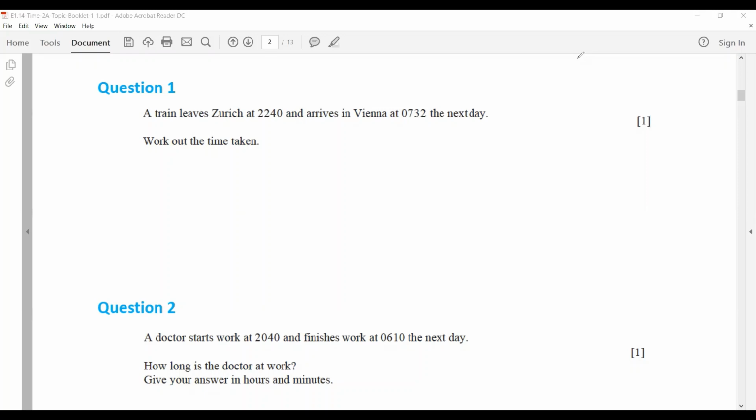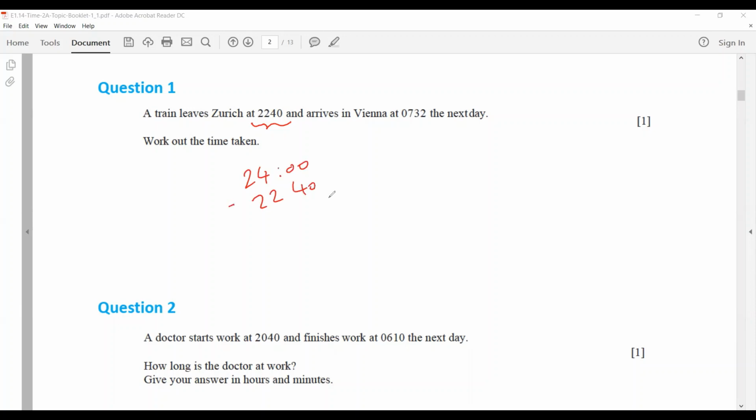So we have a train which leaves Zurich at 22:40 and arrives in Vienna at 7:32 the next day, right? That would be AM in the morning. So work out the time taken. So what you can do is to see how many more hours you need to add to this time to basically complete a day. So 24